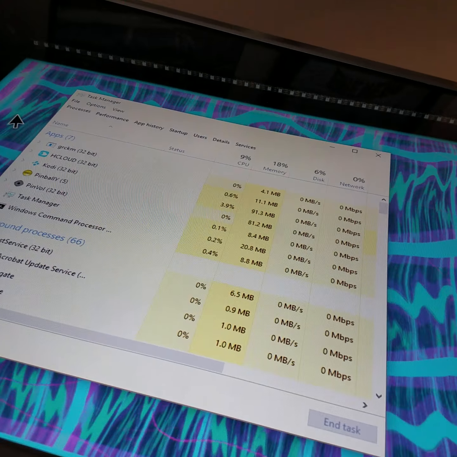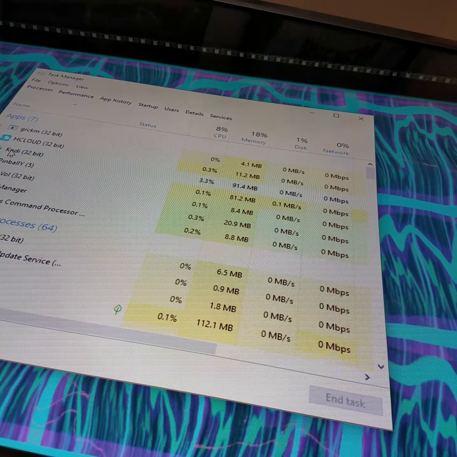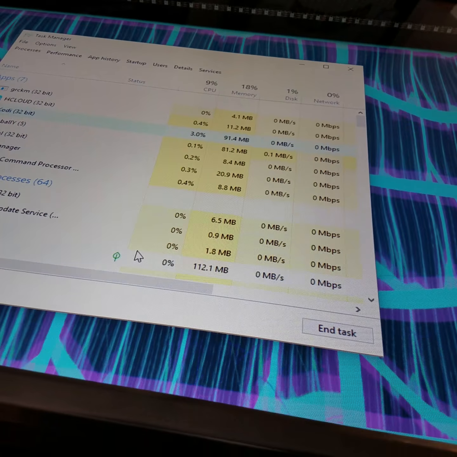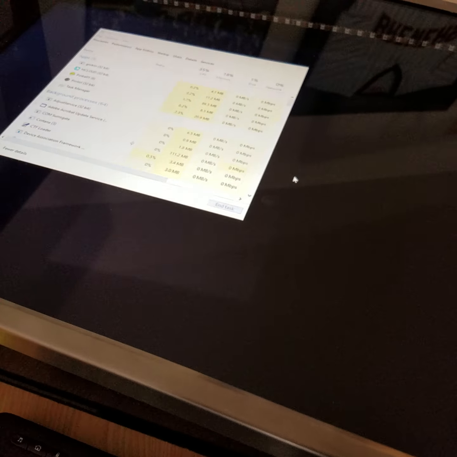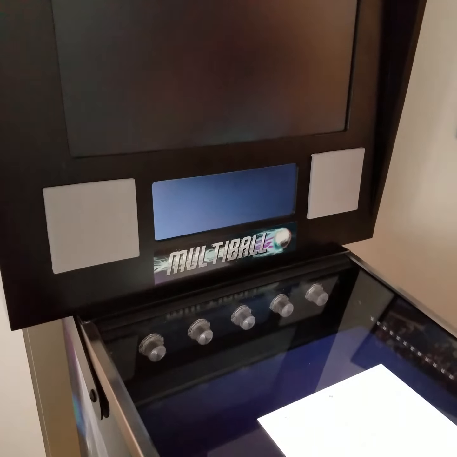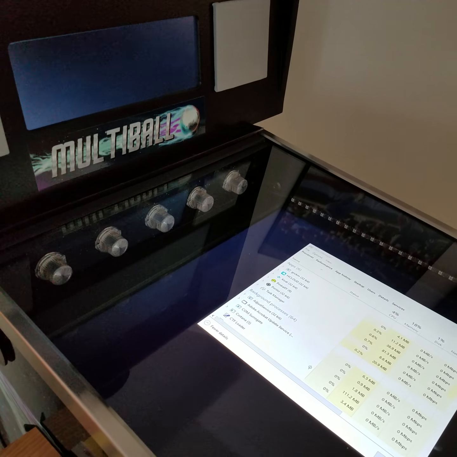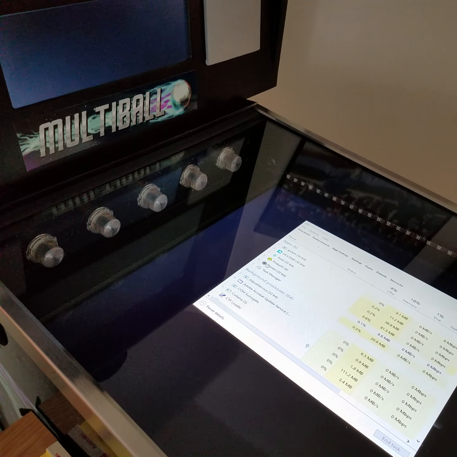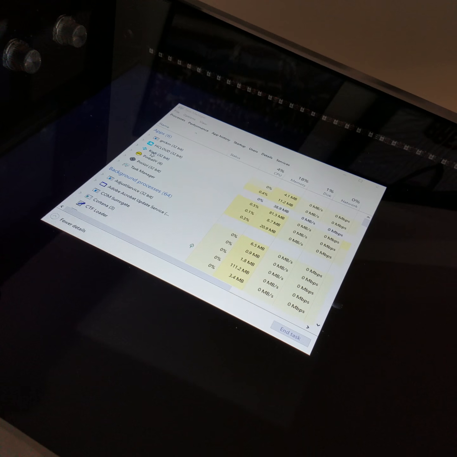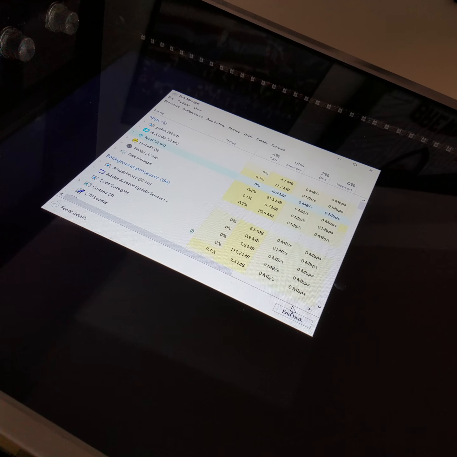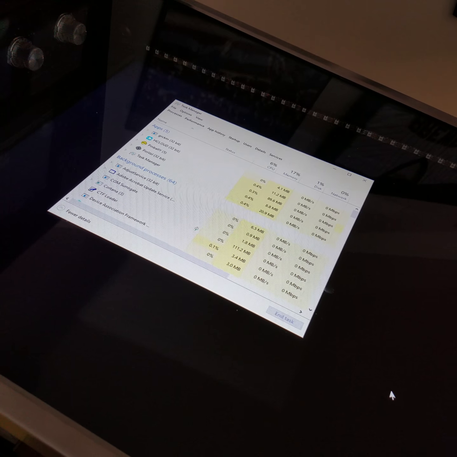So in Task Manager, we've got Kodi running, we've got Pinball Y running, we've got Pinball running. If I kill the Kodi process or end the task, I get black screens. But you'll notice that Kodi is still running here, even though I've ended the task, which is kind of strange. So if I end Kodi again, it's now finally gone, and